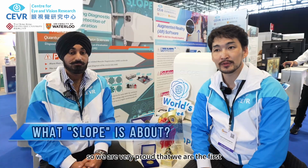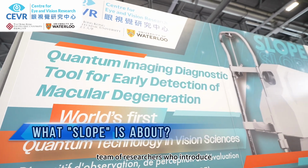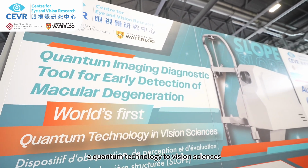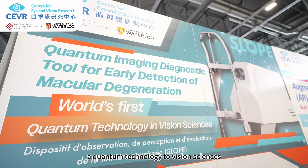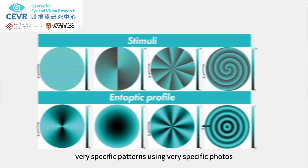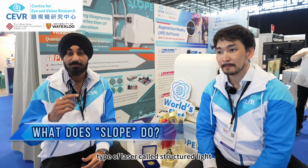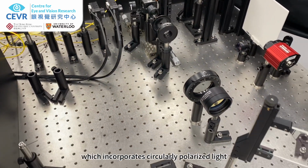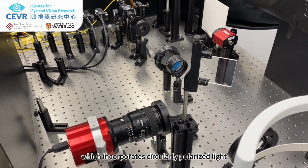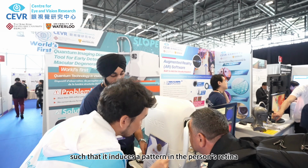We are very proud that we are the first team of researchers who introduced quantum technology to the vision sciences. The device that we built uses very specific patterns using very specific photons. We can generate a special type of laser called structured light, which incorporates circularly polarized light, and we can also change the quantum state of the light such that it induces a pattern in